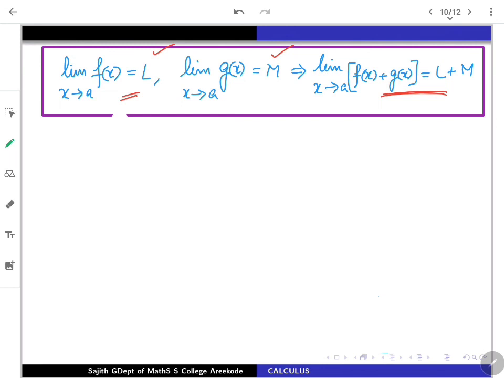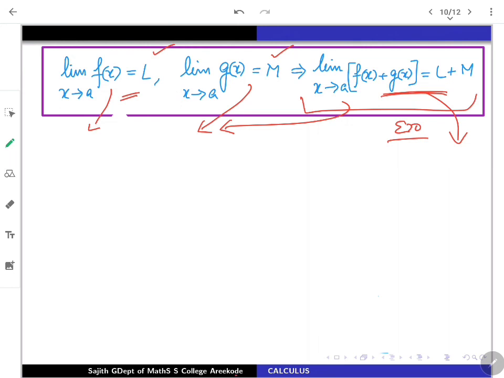So if somebody wants a rigorous proof, one can do it. To prove this part, this is the function f plus g of x that you are going to look at. So how to prove this? Just go through the hints. If you want to prove this statement, these two conditions are given. The first two conditions actually give that for some epsilon given, we have a delta corresponding to this situation as well as this. We have to start with an arbitrary positive epsilon, and according to this condition we need a condition to be satisfied.